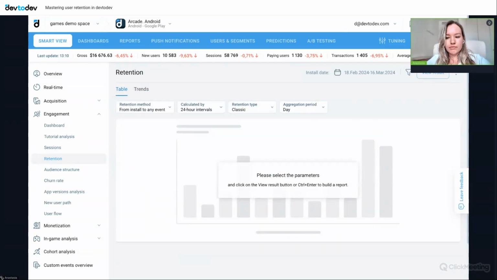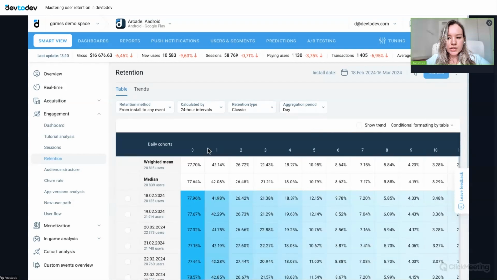And let's start with the classic retention, which is calculated from install to an event. And next, you need to choose the calculation type. And as I mentioned earlier, we have 2 options, calendar and 24 hours intervals. If we choose 24 hours intervals, we'll see retention starting from day 0. And if it's calendar based,